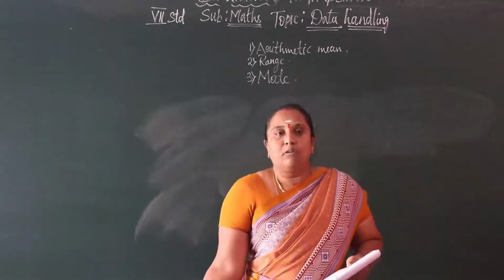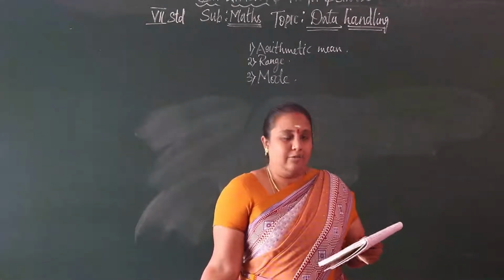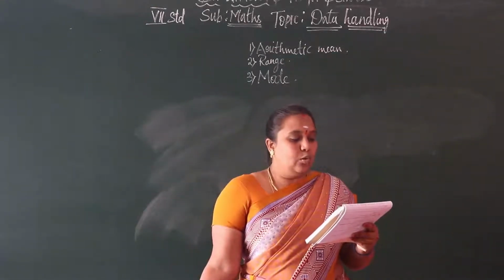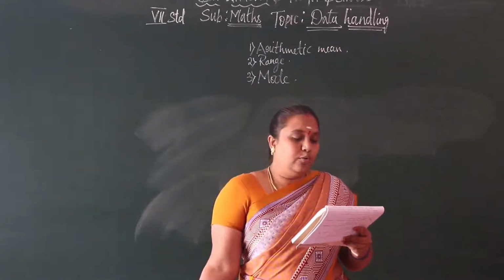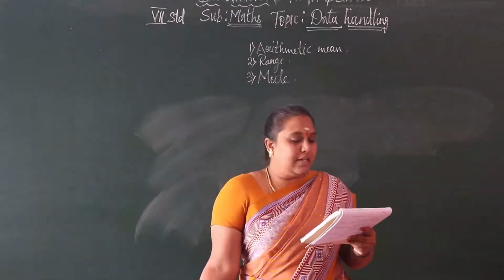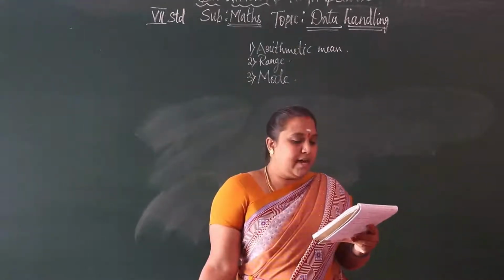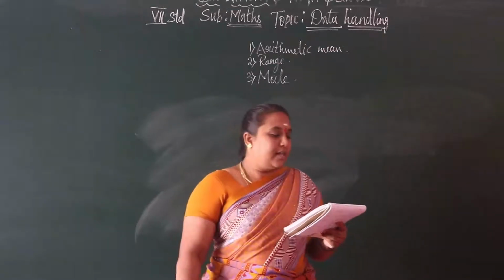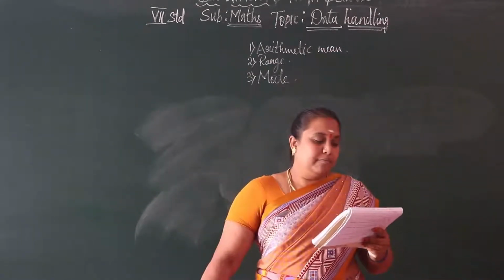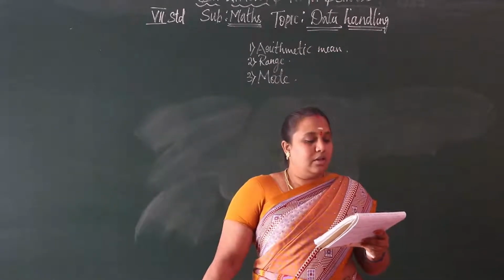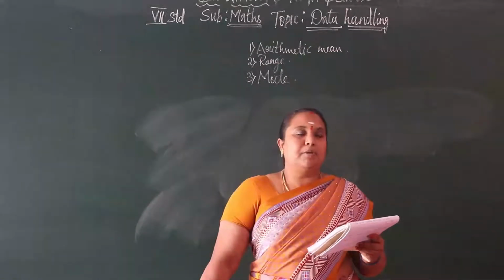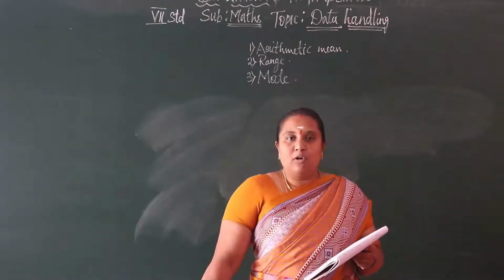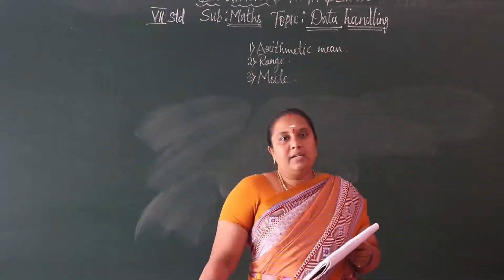How to solve? Here we have a set of values: 1, 3, 2, 5, 1, 4, 6, 2, 5, 2, 2, 2, 4, 1. Like this we have a set of data. How many data are there? 40 data, 40 football matches. In that, what is the mode? Which number repeats most? We have to do the tally marks. The tally mark with the highest count is the mode of the given data.